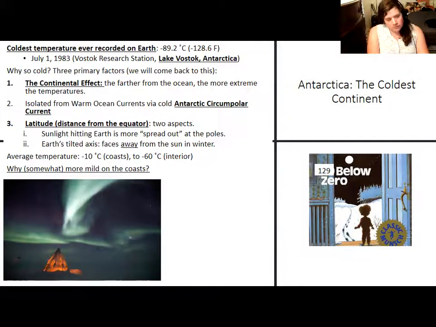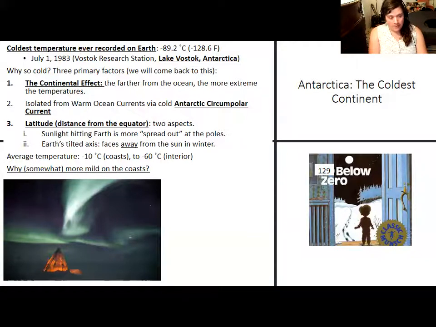And something that also applies to the Arctic is that because you are so far from the equator, the sunlight hitting the Earth is more spread out there, and the tilt of the Earth's axis makes it so that even though during the Antarctic summer, the Antarctic is pointed straight at the sun, during the winter, it's pointed straight away, which puts much of the continent into complete darkness and contributes to annual average temperatures being really cold, because no sunlight means it's really cold.